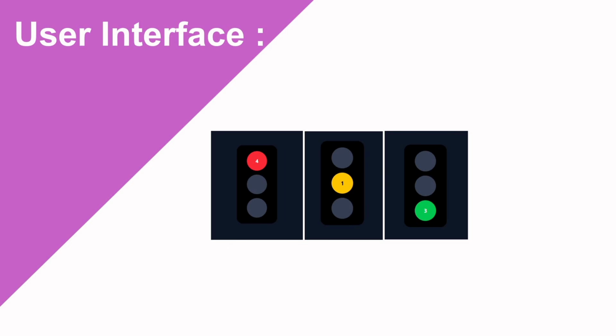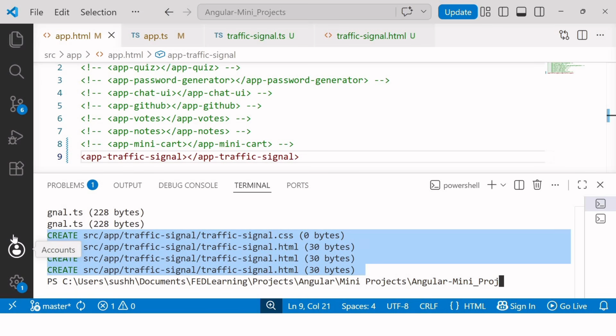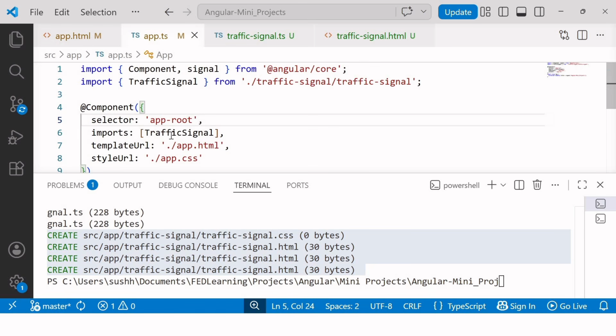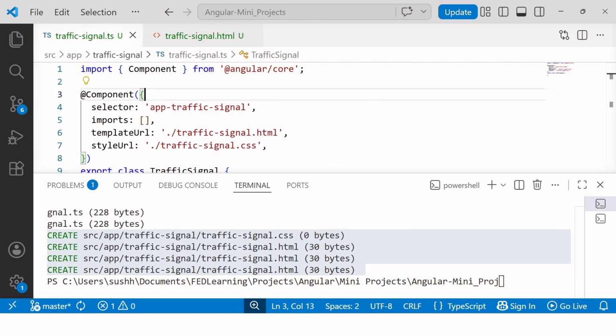So let's get started. I'll go inside the Visual Studio Code editor, and here I already created a new component with the name traffic signal and added the selector inside the app component.html file along with the imports. Now I'll move to the TypeScript file of the traffic signal and start building the complete traffic signal logic step